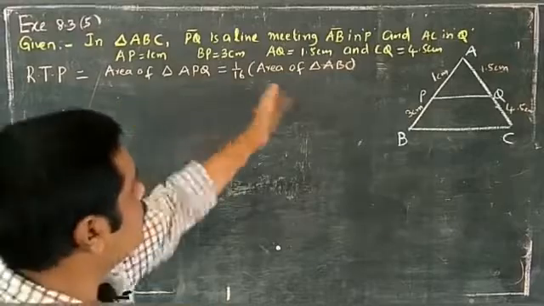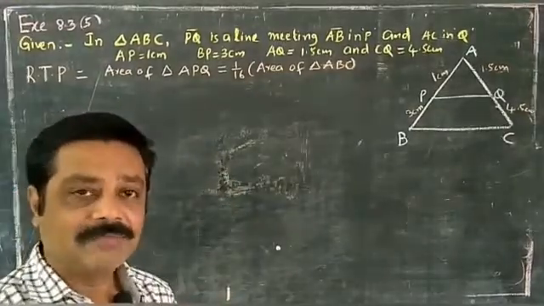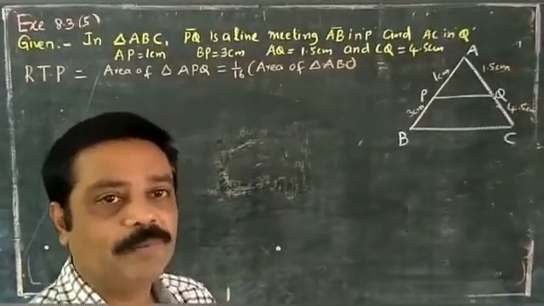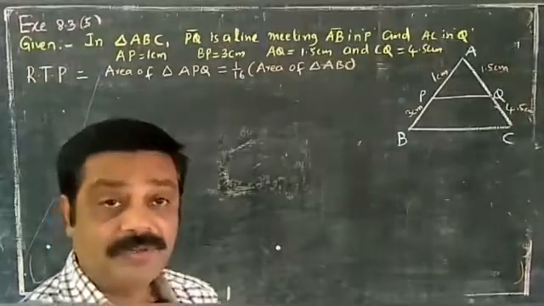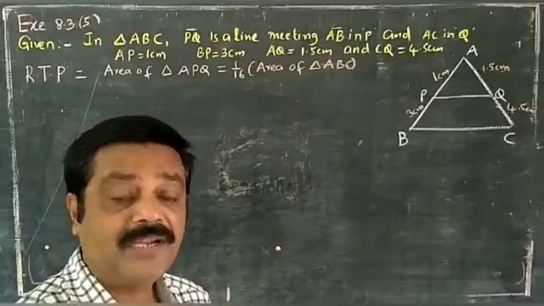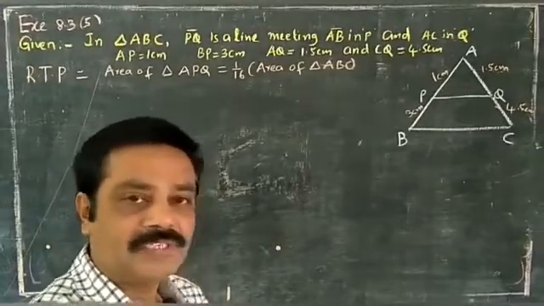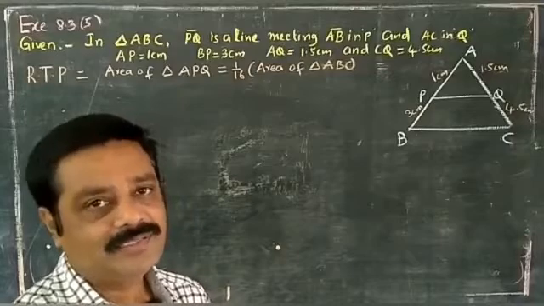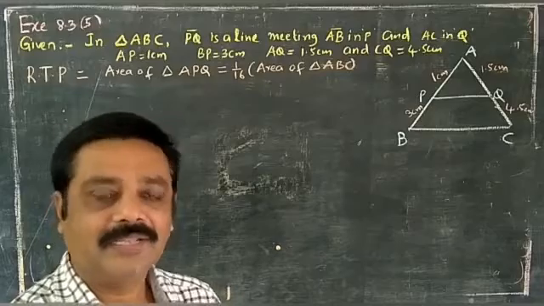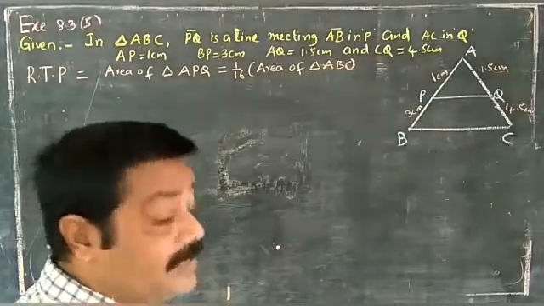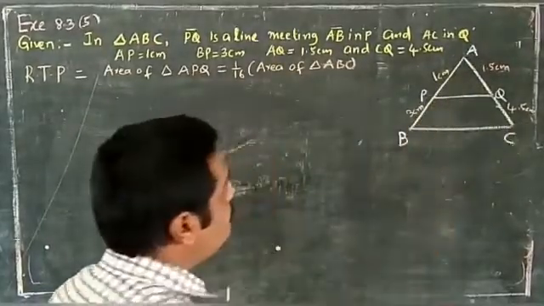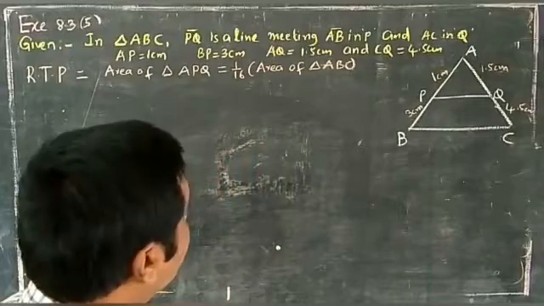Here the relation is the areas relation in similar triangles, so we have one big weapon, that is the 8.6 theorem. Already we discussed it in the 17th video. The ratio of areas of two similar triangles is equal to the ratio of squares of their corresponding sides. We know that information, so take the help of it. Before that, we need the two triangles to be similar, that means triangle APQ is similar to triangle ABC. And how to show it? Is there any clue?